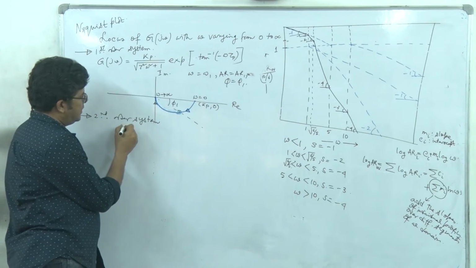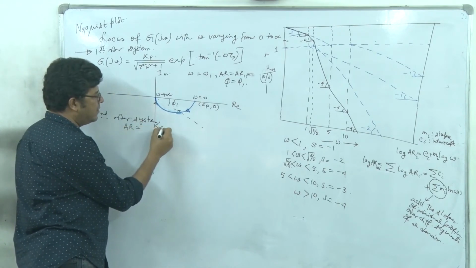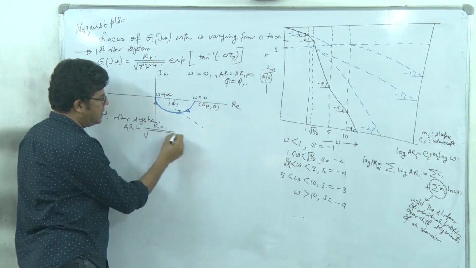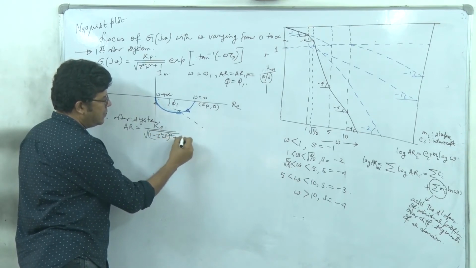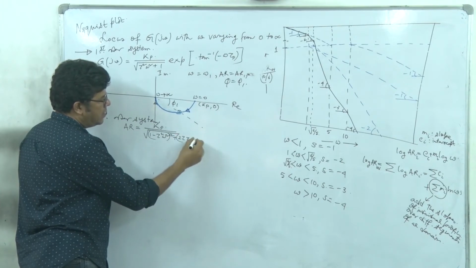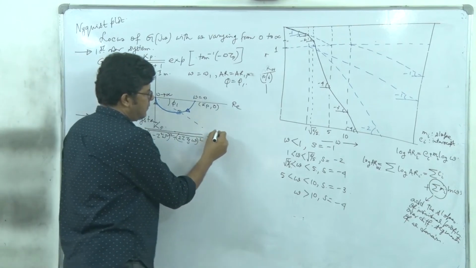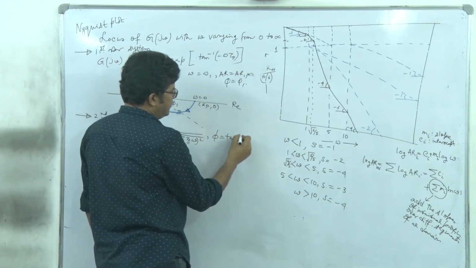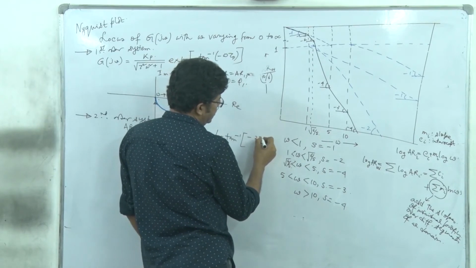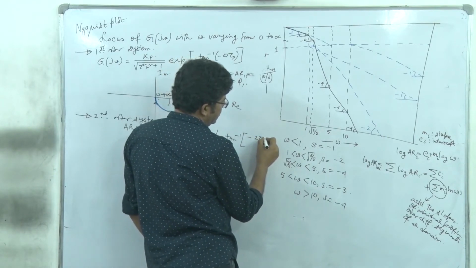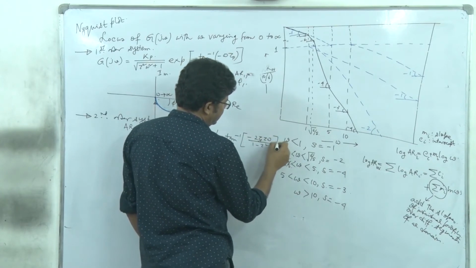now you see that we don't have to write this AR, it's simply Kp divided by the square root of (1 minus tau square omega square) whole square plus (2 tau zeta omega) whole square. And phi is equal to tan inverse of minus 2 tau zeta omega divided by 1 minus tau square omega square.